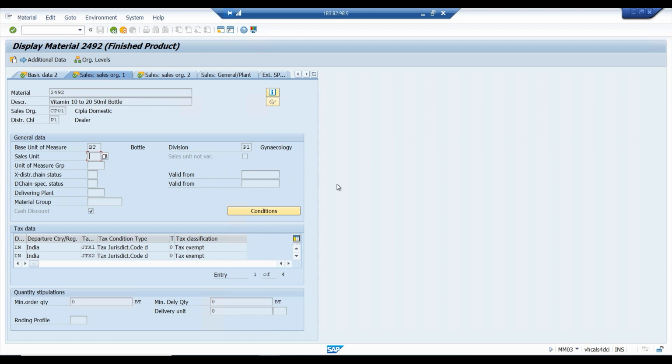Sales unit not vary. So if you check this, then the system will not allow you to change the sales unit while creating the sales document. Okay, fine. Now,